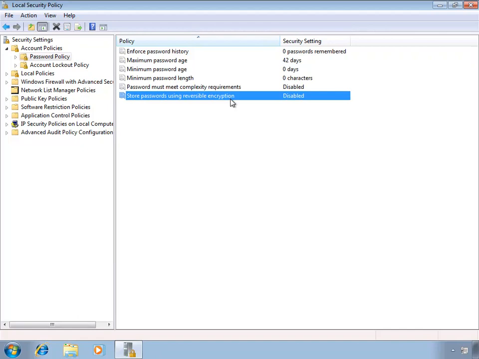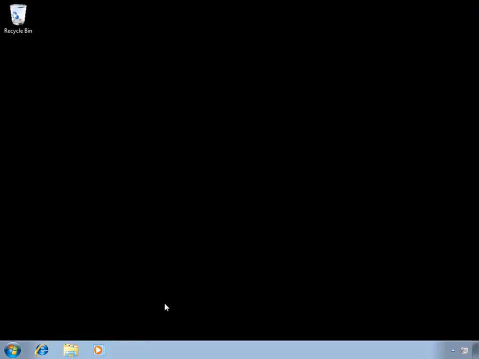Now, groups can help you simplify administration on your computer because it's far easier to create a group and place a whole bunch of user accounts into that group and then assign permissions to the group once. So let's go and create a group. We'll talk more about this along the way. So let's go and close this. We're going to go to